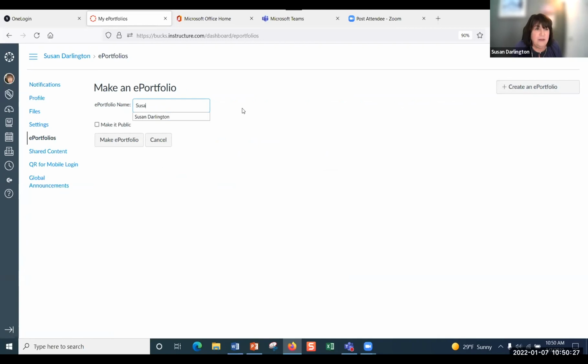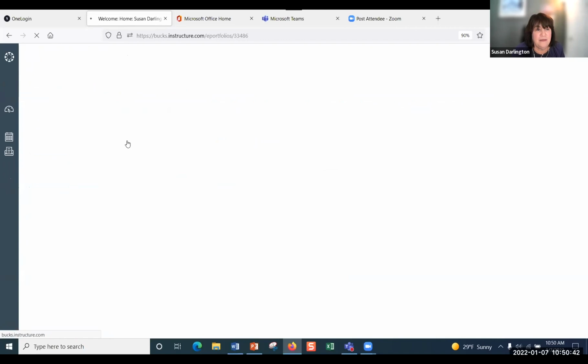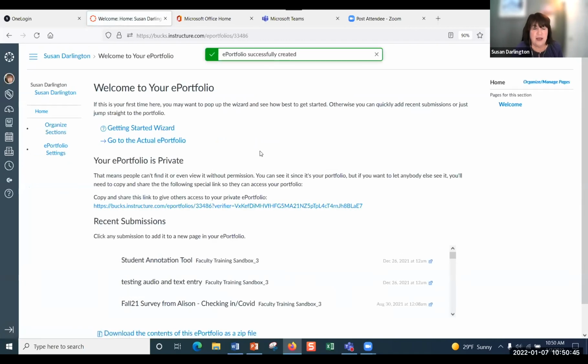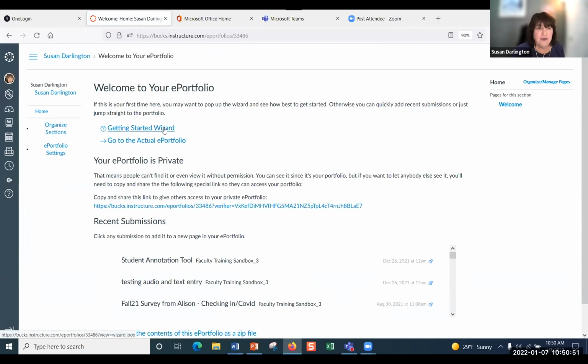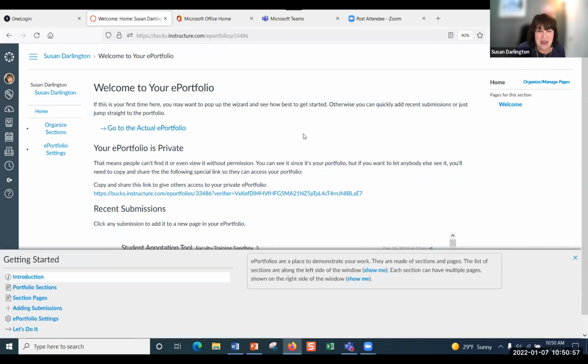And then you'll want to name your ePortfolio. You don't need to make it public. It will create a link so that you can share it with people. So you don't want to make it public. And students can share that link with employers. They don't need to make it public for employers to view it. So I always like to use a wizard. There's a reason there's a wizard, and I'm not a wizard, so I usually select the getting started wizard. So down here, part of the wizard is a little bit of a training and Q&A for each of the sections and how to use that. So that's nice, but you can close that out if you want to.